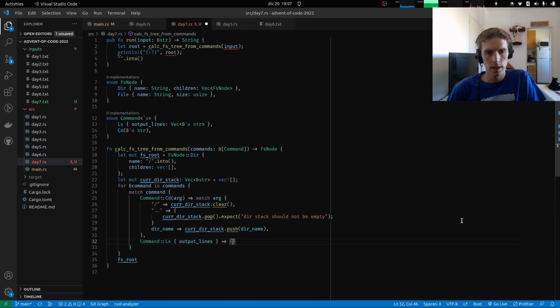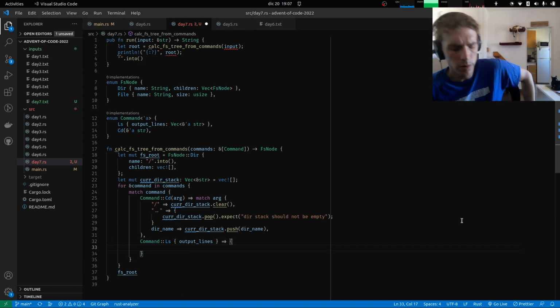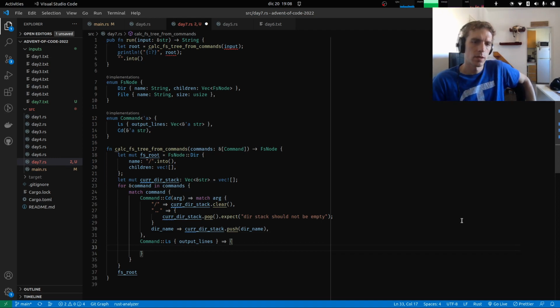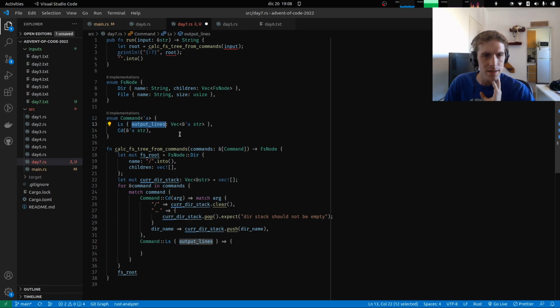So if it is an ls, what are we going to do? So we have the current directory stack. With that, we could go. Actually, these output lines